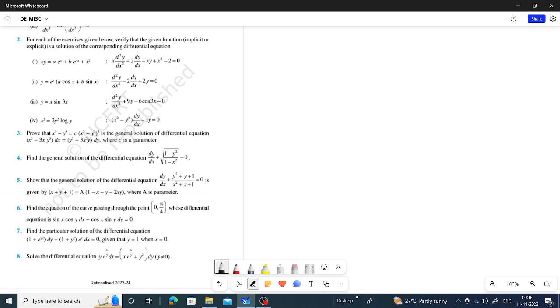Now, question number 4. Question number 4 is dy by dx plus root 1 minus y square by root 1 minus x square. So I have written in this way. All the terms are in a single square root, so I made it into